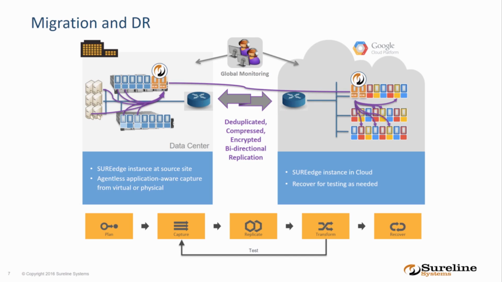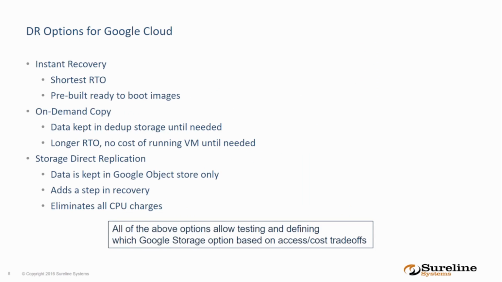The other point which Dave was talking about, which is the different tiers of storage that are offered by Google Cloud. Tie those tiers of storage into your disaster recovery planning, and then you can look at what are the recovery time objectives I have? How quickly do I need to be up and running? And based on that, based on how often I want to test, based on how often I think I might need to use it, I can choose a tier of storage that matches the cost that I need with the number of times I need that in particular environment to come up and be running. So I tie those two together.